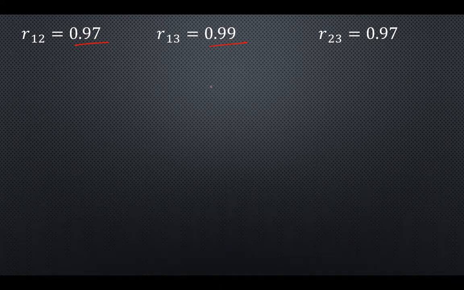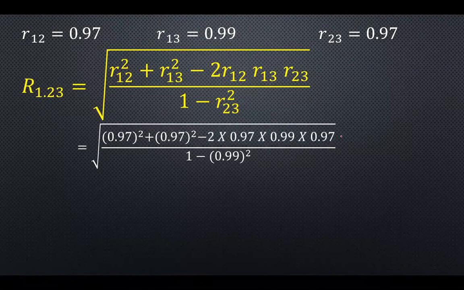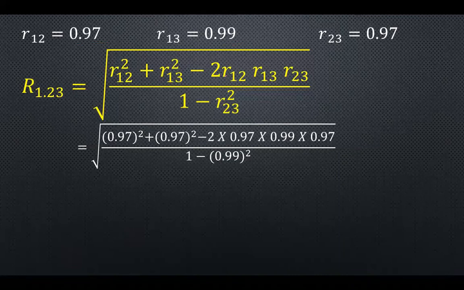Then I'm going to use it in the correlation formula. Which is the correlation formula here? This is the correlation formula. There I'm going to just write down the values. Now R12 is 0.97, this is it. R13 is this, and R23 is this here. I'm going to substitute these values in the formula. Pretty easy it is. I'm going to simplify this. 0.97 whole square, 0.97 whole square. This is the R13 term, 2 R12 R13 R23, and this is R23 the whole square. Okay, so now I'm going to simplify this.